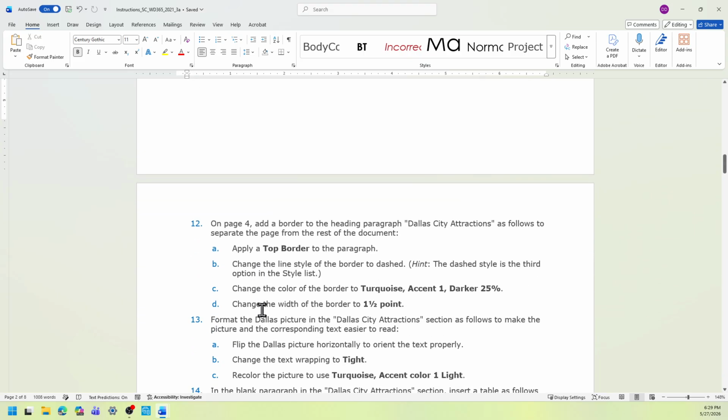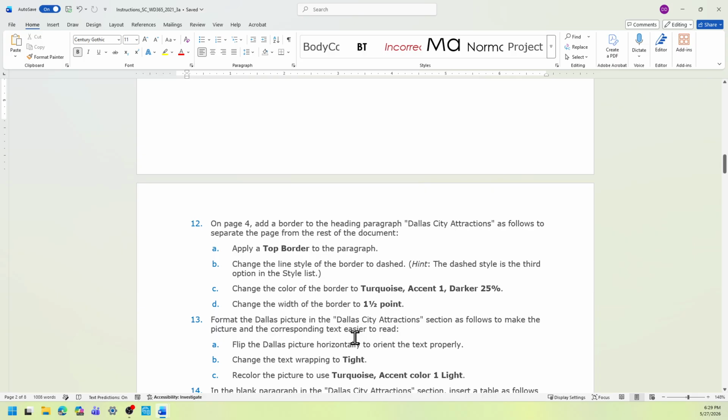On page 4, add a border to the heading paragraph Dallas City Attractions as follows to separate the page from the rest of the document. Apply a top border to the paragraph. We're going to change the line style of the border to the dash. A dash line is the third option in the style list.